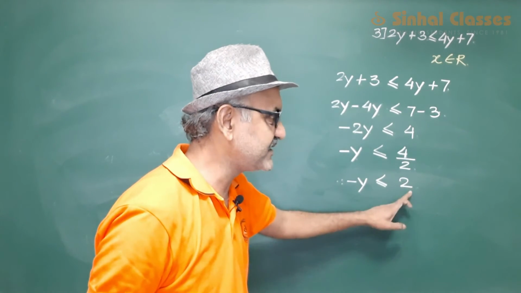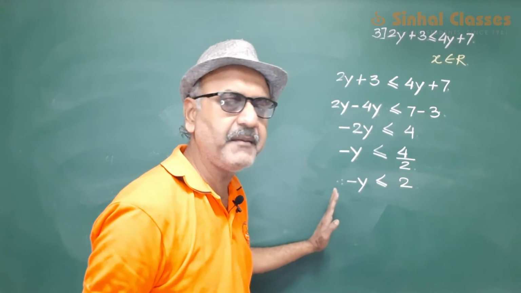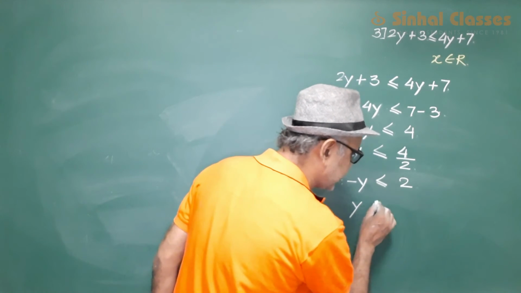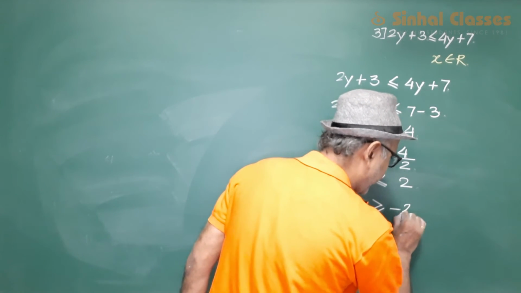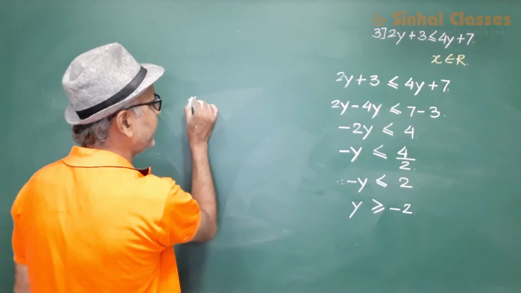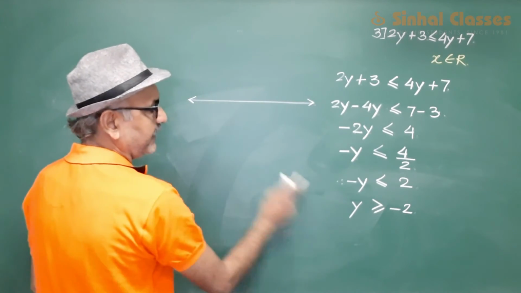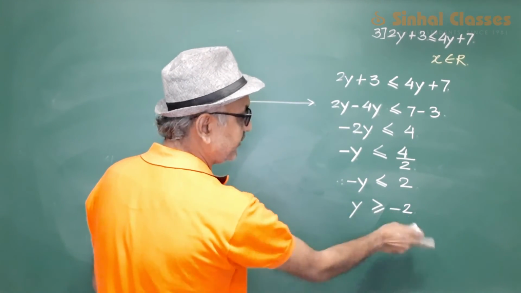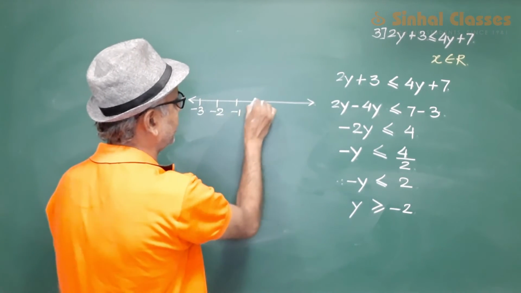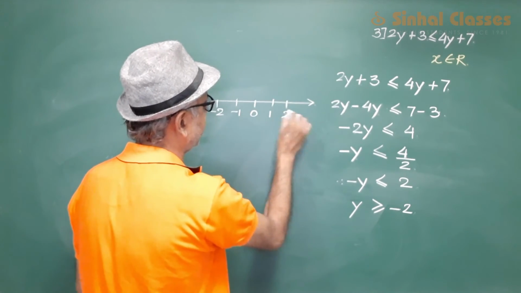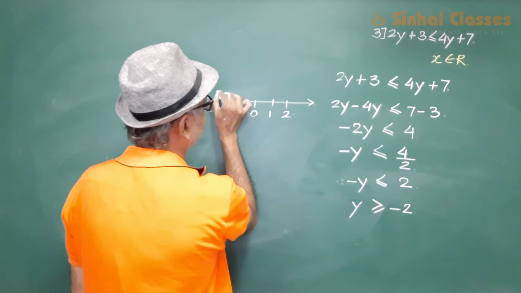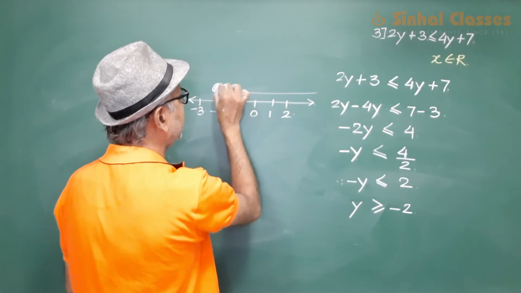Now this is minus y and this is 2. Now divide both sides by minus 1. Now the moment you divide both sides by minus 1, you find there is a change in the order relation. And y becomes greater than or equal to minus 2. Now when you draw a number line, we know there is just one result. Y is greater than or equals to minus 2. Okay. So you start from here, straight line with a dark circle.